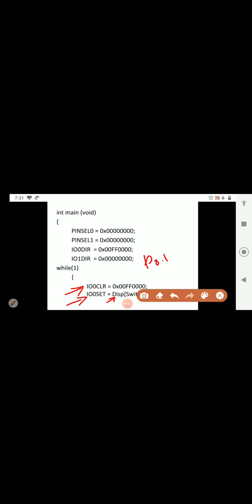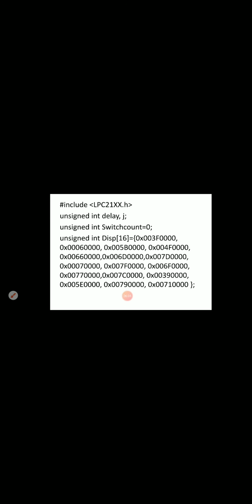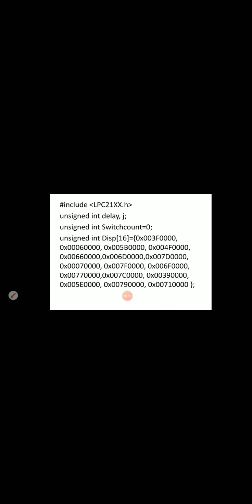Only 0.16 to 0.23. So these pins are going to be set with the display value, the first display value. So what is that first display value here? You can see here, this is the first display value 0x00003F00. So when the pins are set with that number, you are going to get the display 0 on the LED display.